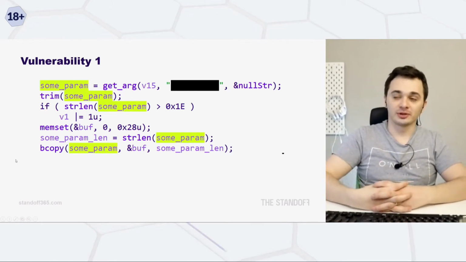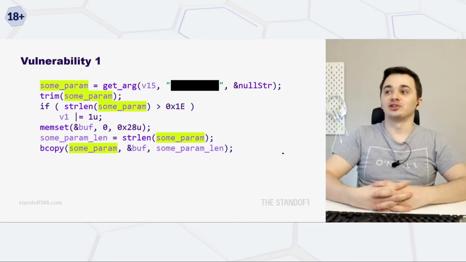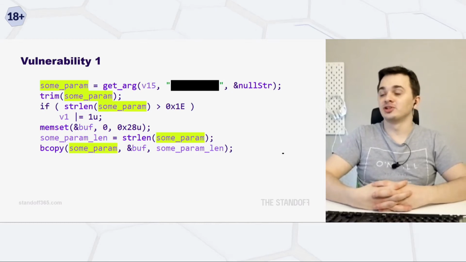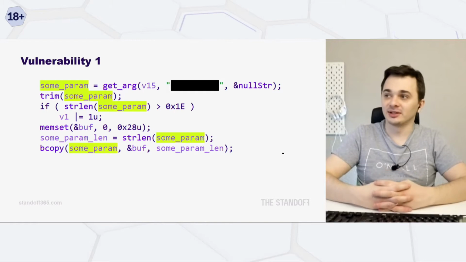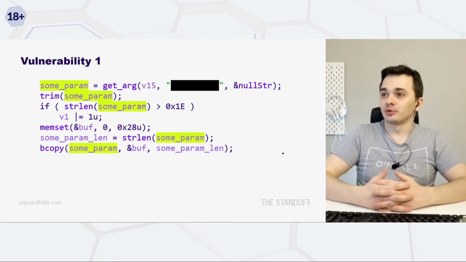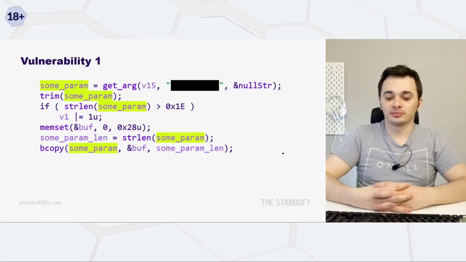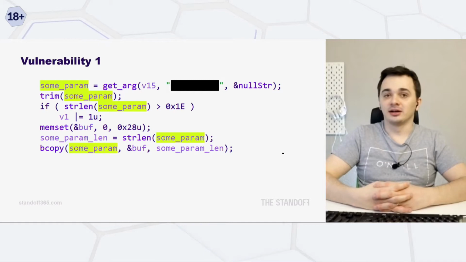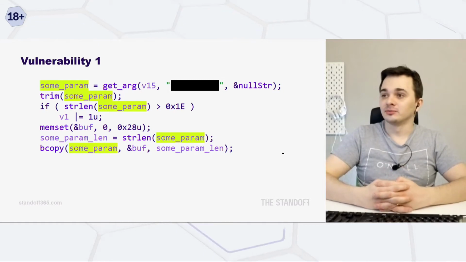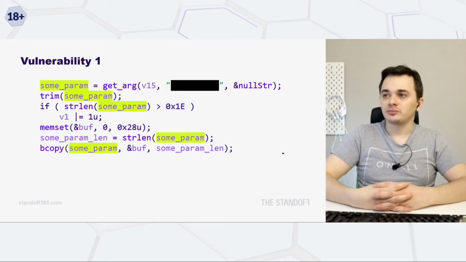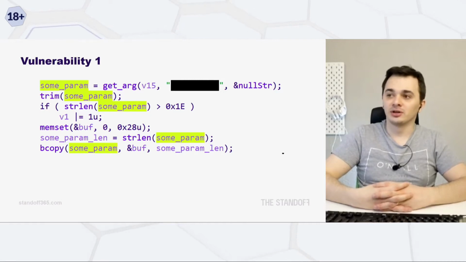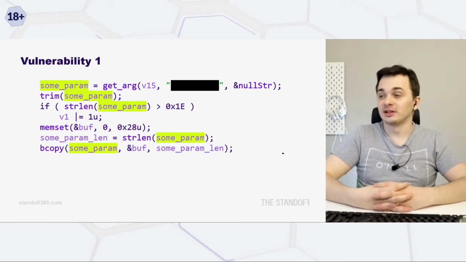So a particular device I'm talking about came from a very well-known vendor. It cost $5,000. It was filled with vulnerabilities. And a typical vulnerability is what I'm showing on the screen. So we're getting arguments from a GET request in the web interface. Then we are comparing this parameter in terms of its length to some maximum value. And if the max value is exceeded,